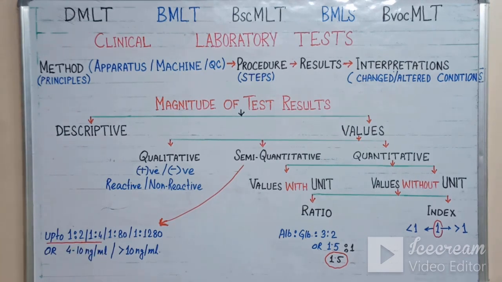That means the patient's blood has the antigen in an amount of 4 to 10 nanogram per ml of serum. I am not denoting whether it is 4.1 or 9.9 or 4.2 or 9.5. I am not mentioning that. I am mentioning according to my manufacturer's guideline, that is 4 to 10 nanogram per milliliter.